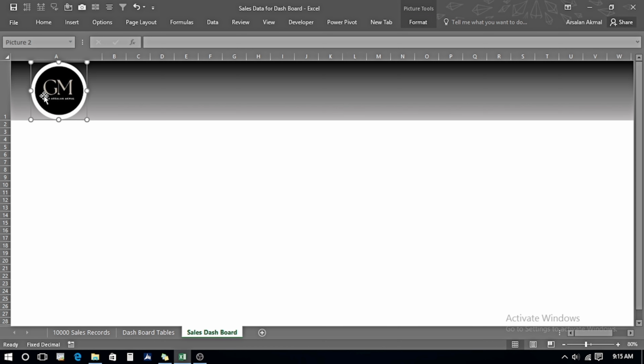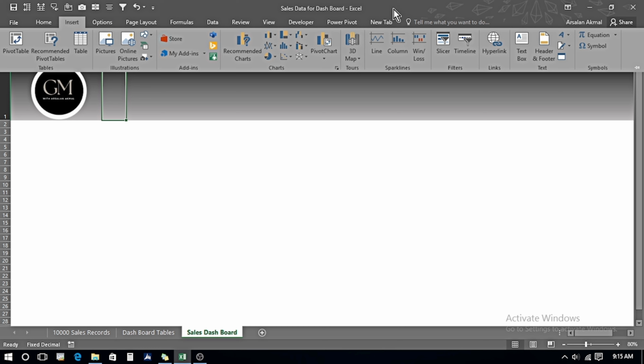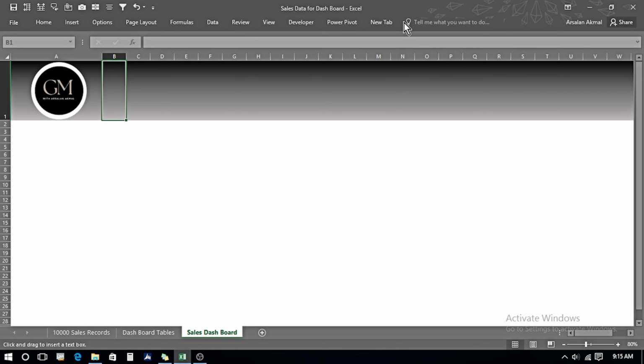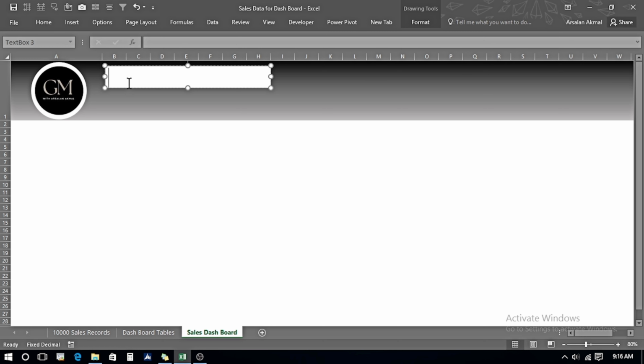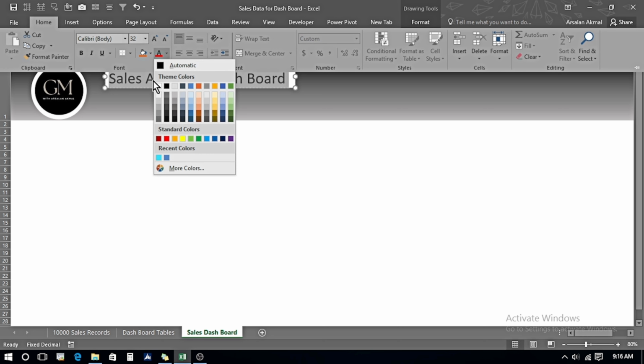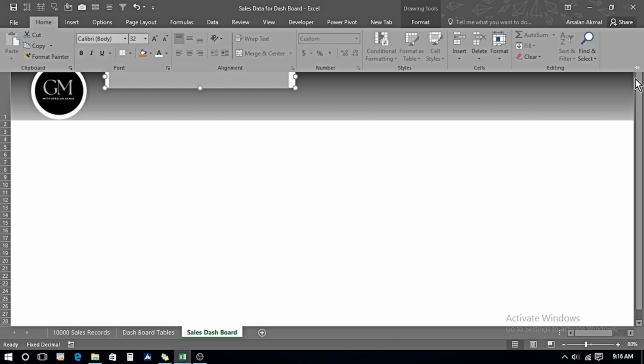Just centering it a bit. Now once again I will go in Insert, select the text box, make a text box for the heading over here. Font size I will select 32, Sales Analysis Dashboard, extend it a bit, select all of this, go in Home tab, and I will select white color.